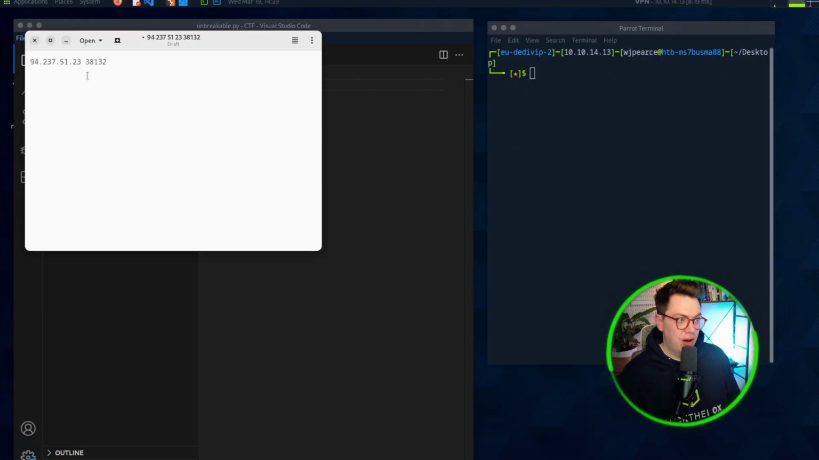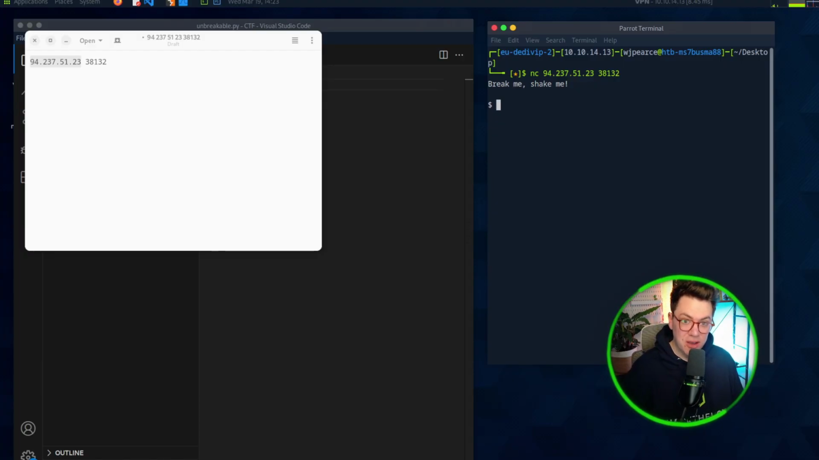We've already got our target IP address, and I've just put it in a notepad here just for ease, so I'm not having to flip back and forth between this and the Hack the Box page. We're going to hit it with a netcat, which is our favorite tool, and we're going to paste in the IP address, and then we're going to do port 38132, and with any luck, cool. Okay, so this tells us that the challenge is running and it's waiting for user input,